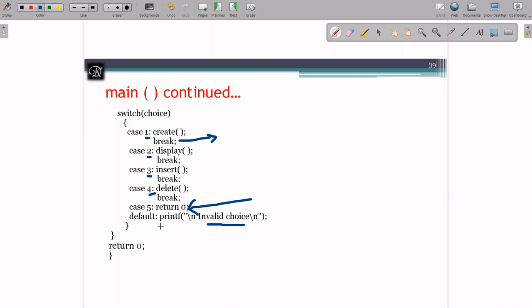And for the default case, it's not mandatory to break because we don't have anything to continue over here. In this switch case, automatically it's going to be the end, it's going to come out of it. And next, return 0, because the function is an int main, it expects an integer value to be returned. I'm going to come out of the program.